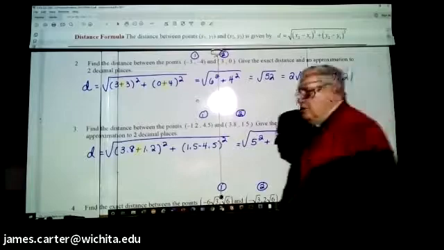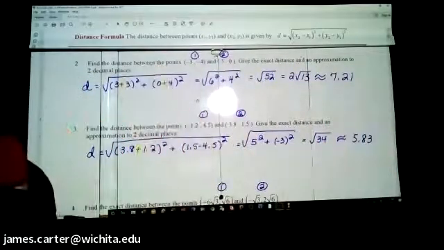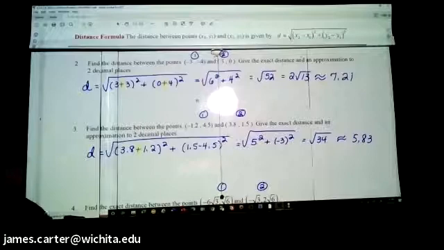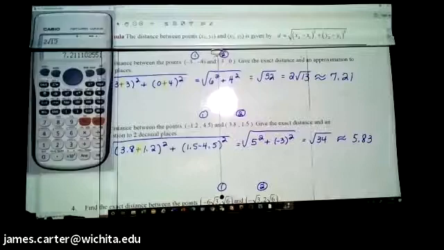Now, I'm going to show you something on the calculator that you can do, although it's not necessarily a faster way to work this problem. So let me clear this one. And I'm going to put this entire problem in the calculator. That's the nice thing about these Casios, because what you put in is exactly what you got. So I'm going to take the square root right here. And then inside that square root, I'm going to put parentheses